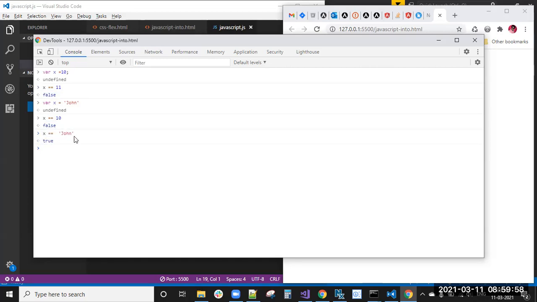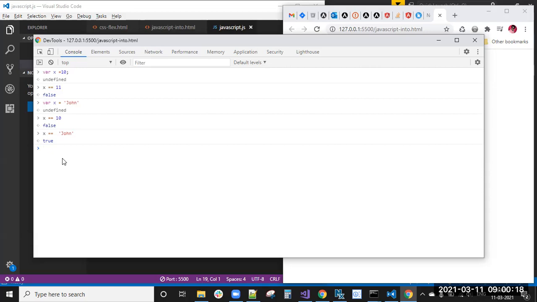So x equal to John, I have declared the x value as John, right? x equal to John, that is true. To check the condition, when some value is already there, if you need to check that value, you can use the double equal symbol.